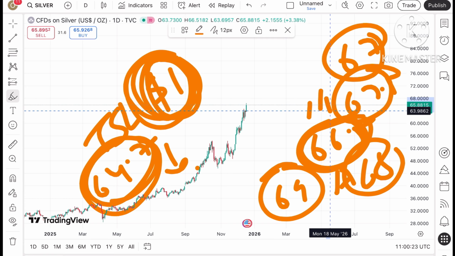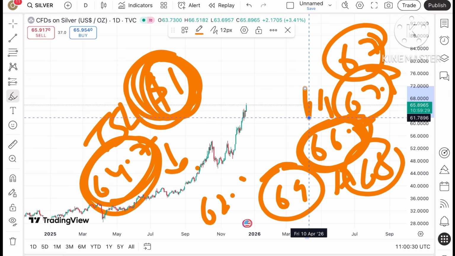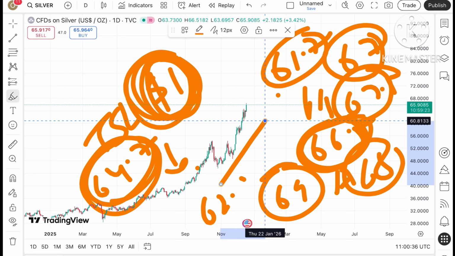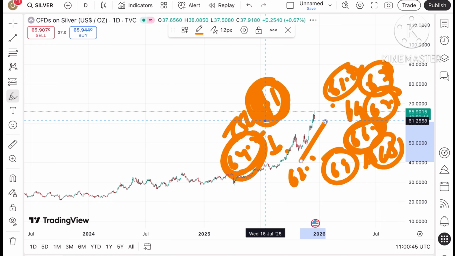Okay, and if the price falls below this level, it can touch a level of 63.7 to a level of $62.2. And if the price falls below this level, we can see a level of 61.7 and then further low. So on the daily chart, silver remains on a strong bullish trend as we can see, and recently trading near all-time high following tight supply and strong demand. You have to understand that China has banned the exports of silver because we have seen a huge demand in the price of silver,